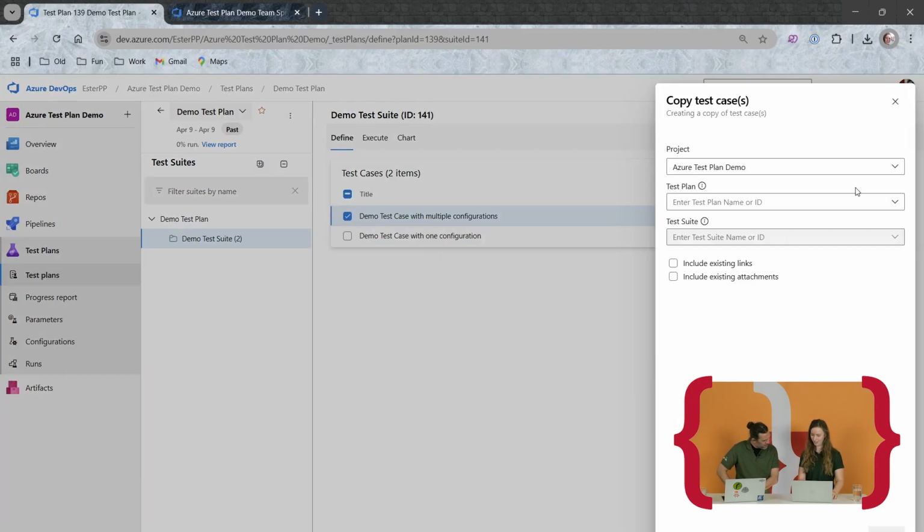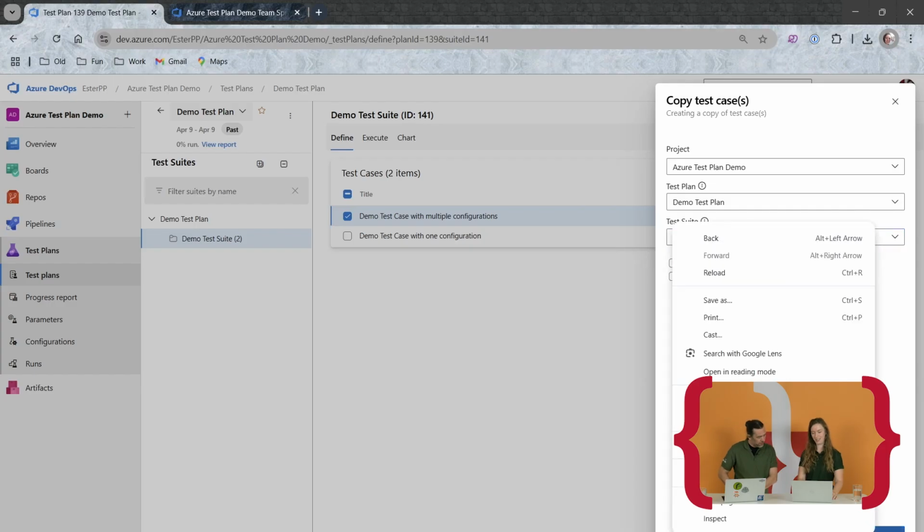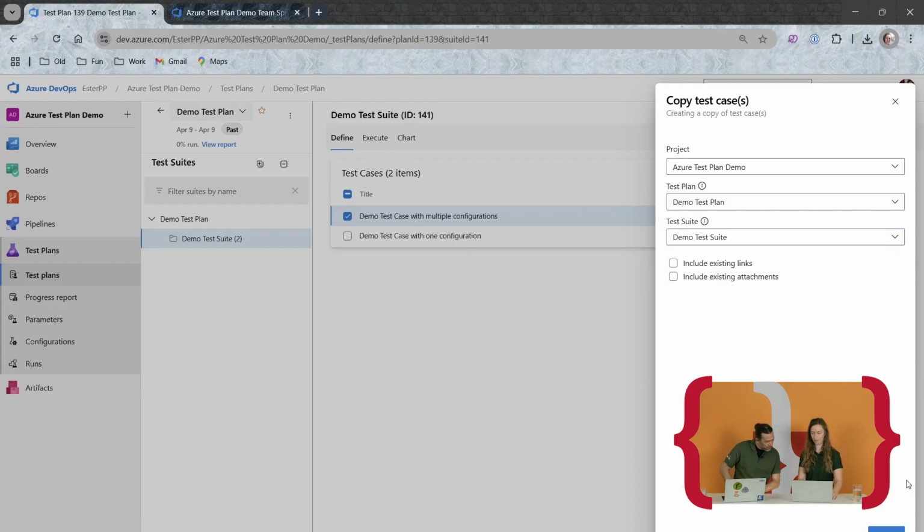There is a button, but it doesn't automatically put it in the place where I want it to be. So I have to define the test plan. I have to define the suite. Oh, and I see naming becomes very important then. Yes. Oh, it has existing links, including attachments. So, for example, if I can link my test cases to tickets on the board, I can include those links,